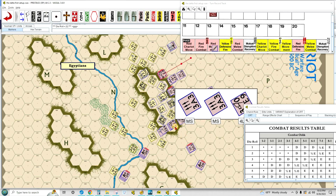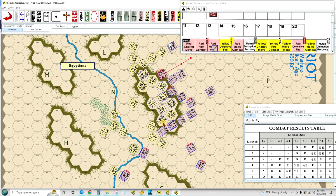Okay, then here we've got a 3, 6 to 2 to 1. That's going to be 8-to-1 odds because he's attacking from behind. So that's a 2 at 8-to-1 is an elimination. And then 3-to-1 odds. Actually, that's 6-to-1. With a 6, so that's an elimination. And then here we've got a...